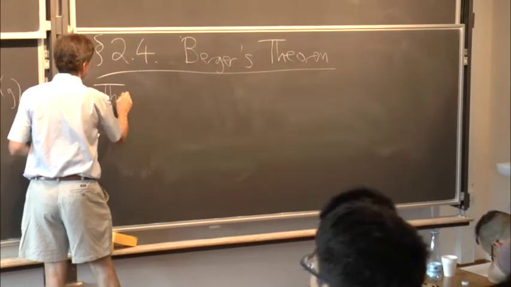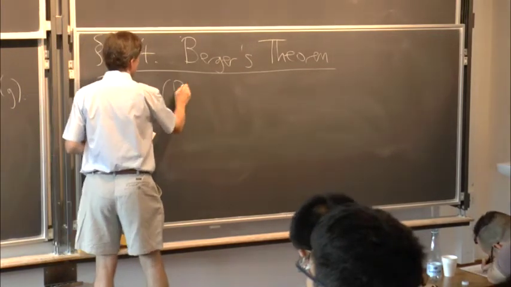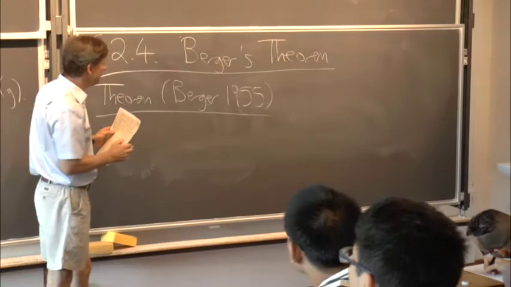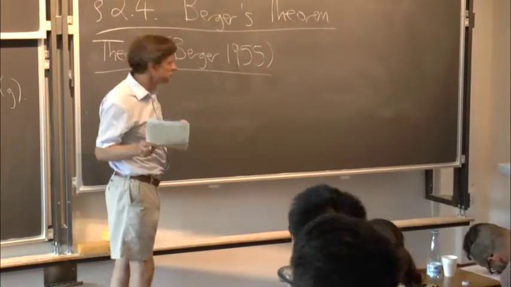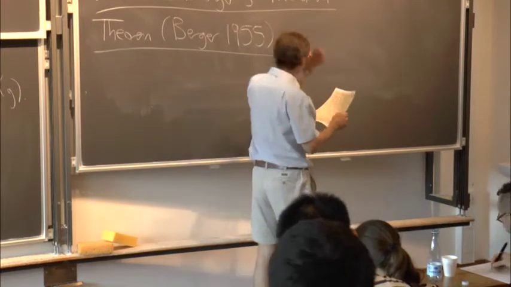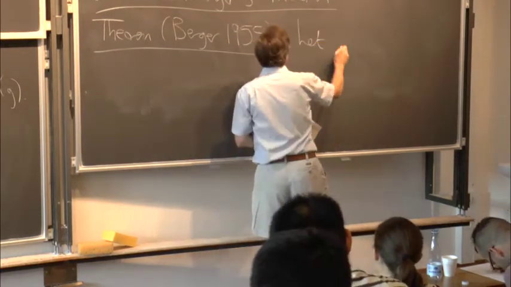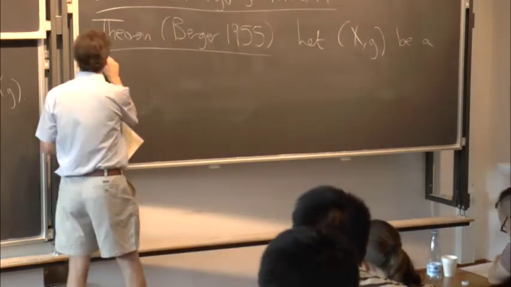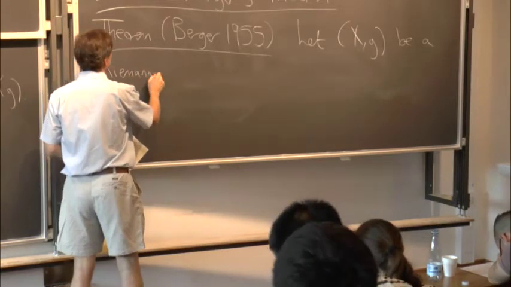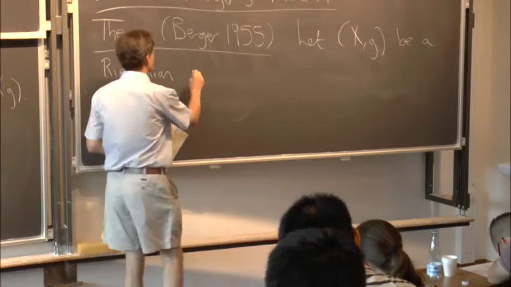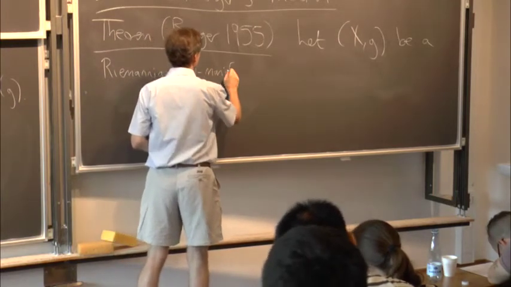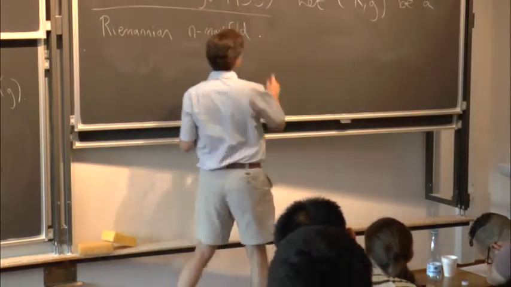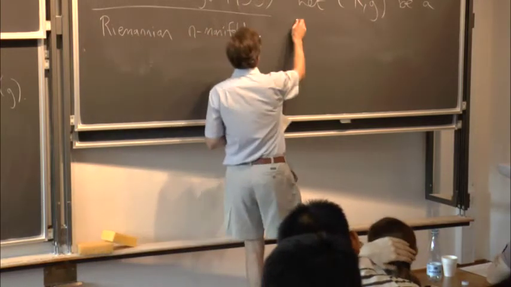So this was proved by Marcel Berger in 1955 as his PhD thesis, and I expect all of you doing PhDs will do something equally important. So if we let (X, g) be a Riemannian manifold, so let's have dimension n, so a Riemannian n-manifold, where n is a natural number. And we put in some simplifying assumptions. So we suppose